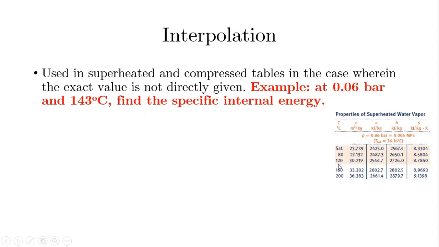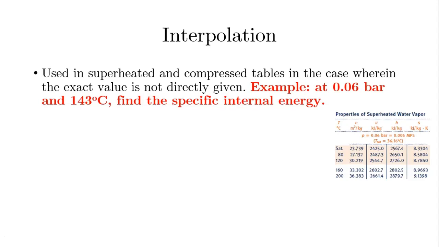I'm given 120 and I'm given 160. What do I do? Basically, I'm doing a weighted average type thing. I'll give you the equation, but that's basically what we do. We know this and this. We will construct a straight line between them using the point slope formula and figure out,